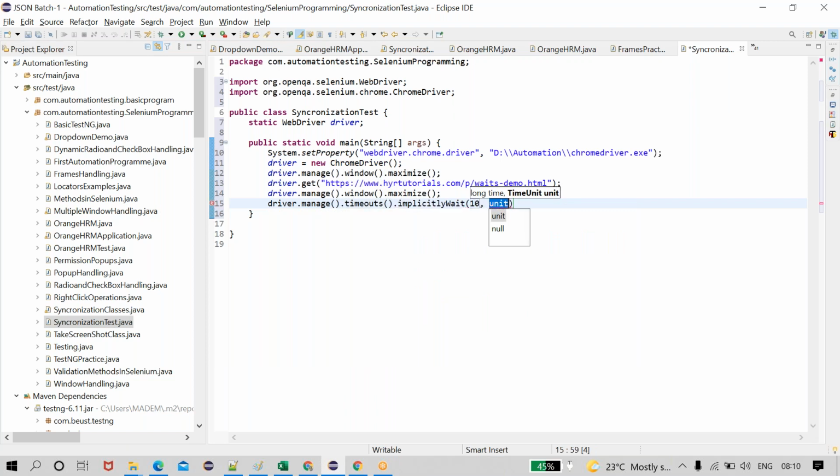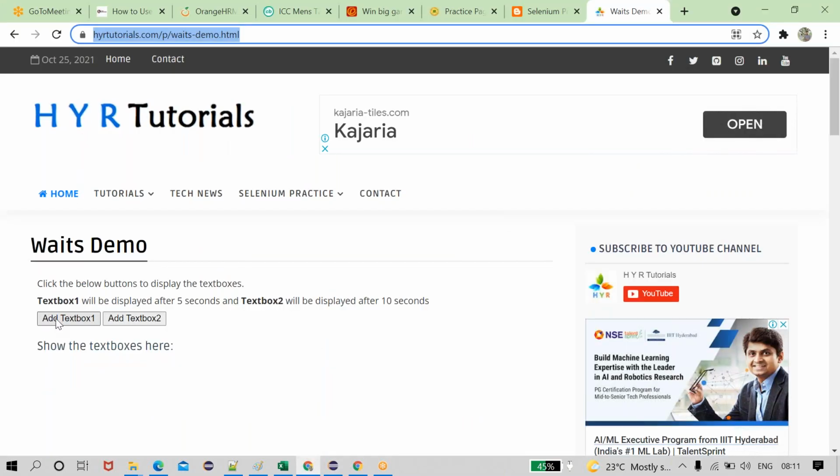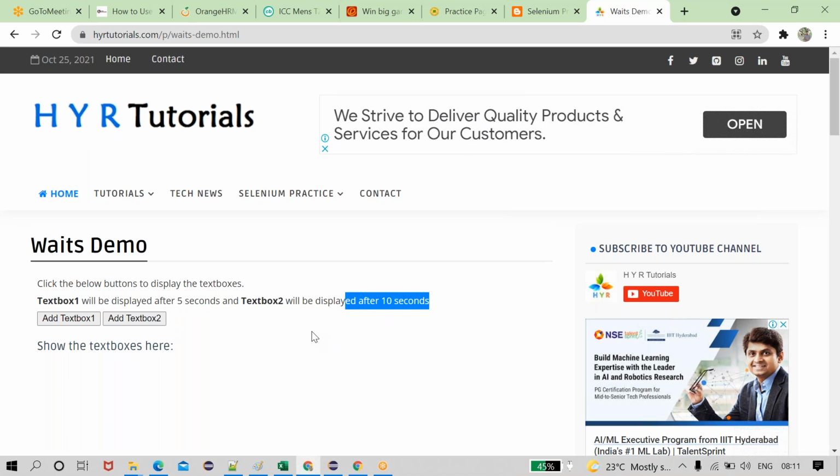Maybe you can take 10 seconds or 20 seconds, with the time unit dot seconds. Okay. In this way, we are managing the implicit wait to handle this element. Now we know it will take 5 seconds to load this button, 10 seconds to load that button. But in real-time applications, we don't know how much time it will take to load the web elements.